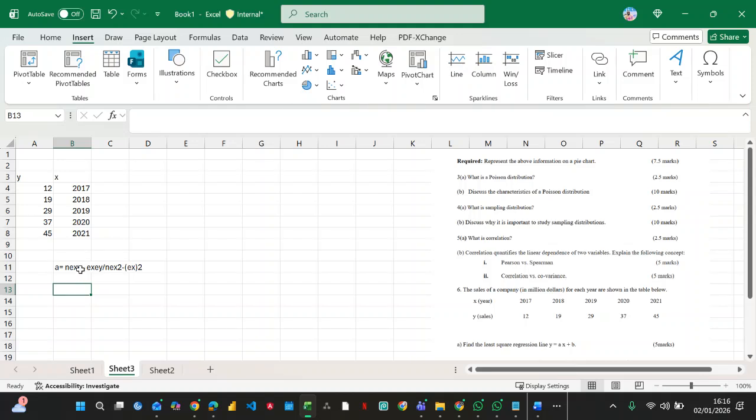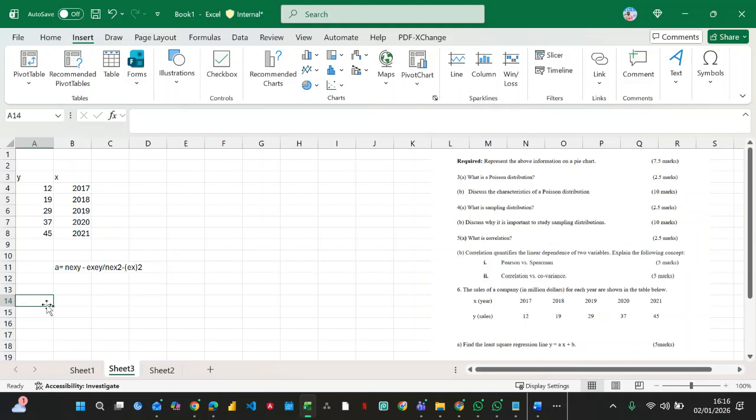Okay, so this is now going to be divided by n. I can say the formula is n summation x squared. So n here is going to be our 5, times summation of x squared. Summation of x squared is 55. So this is 55, and then